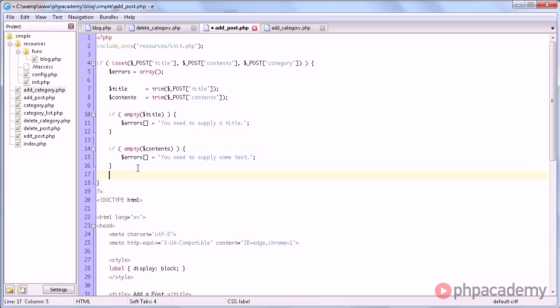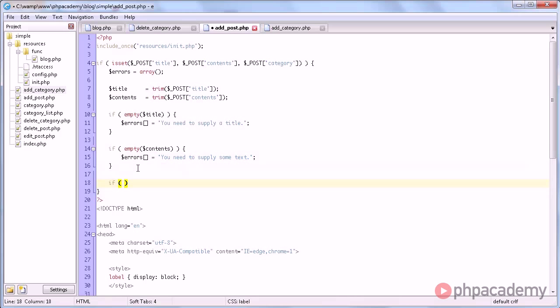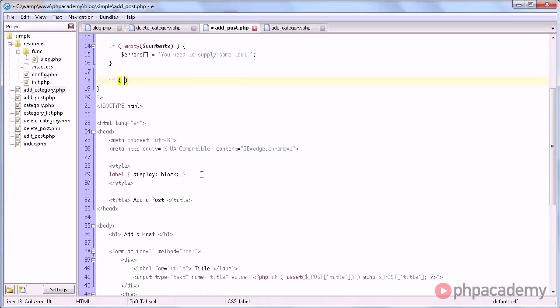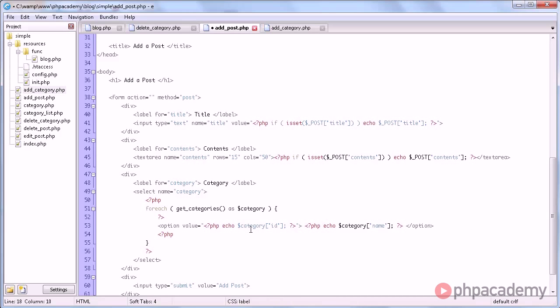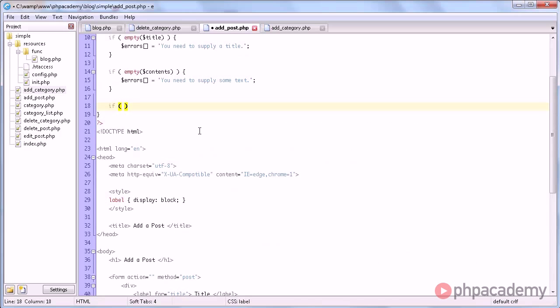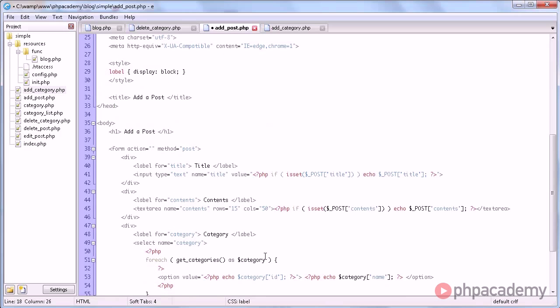Alright, next up is to check if the supplied category here actually exists. It's possible to fake this data if you try hard enough. So we do need to apply this check. However, the way the category exists function currently works is to specify a category name. However, we cannot get this very easily.